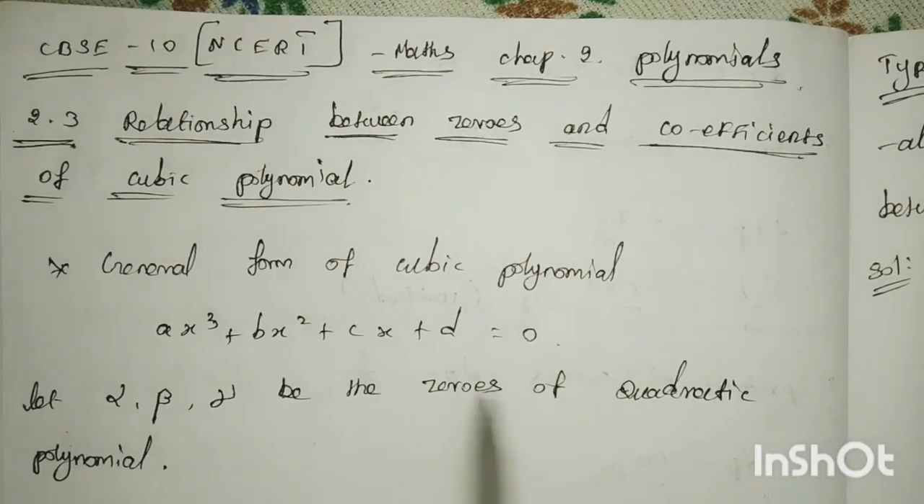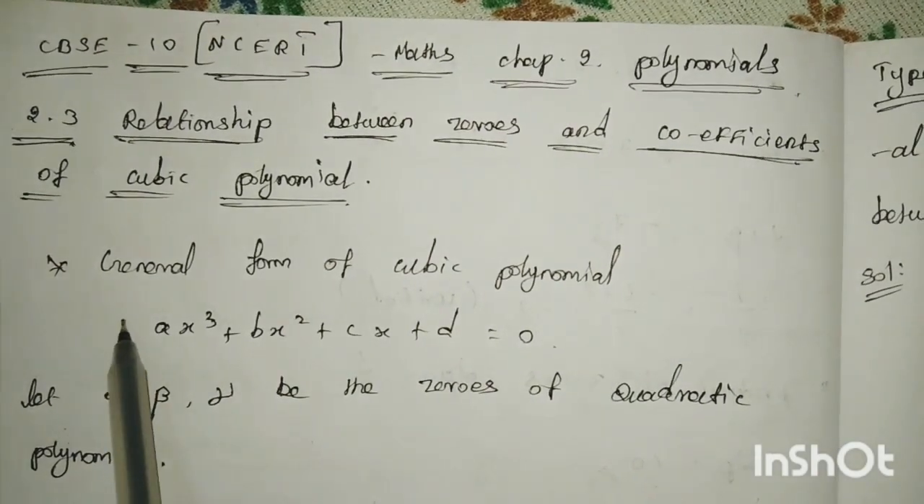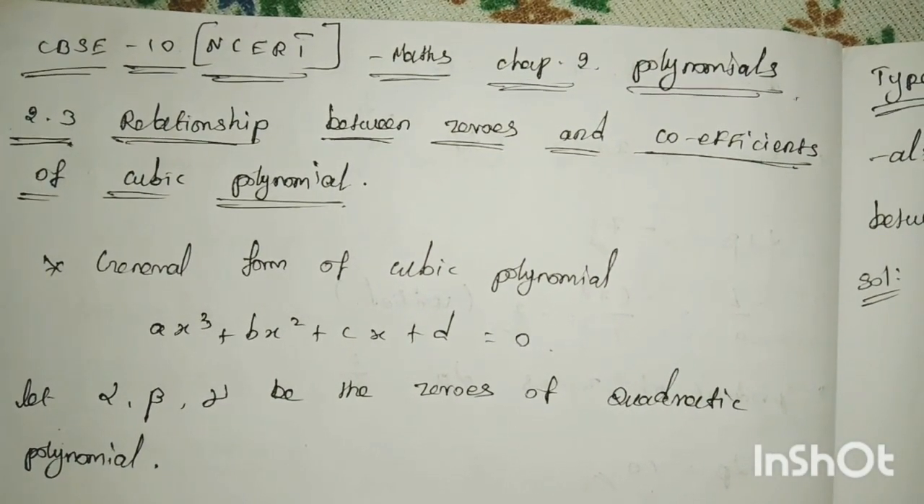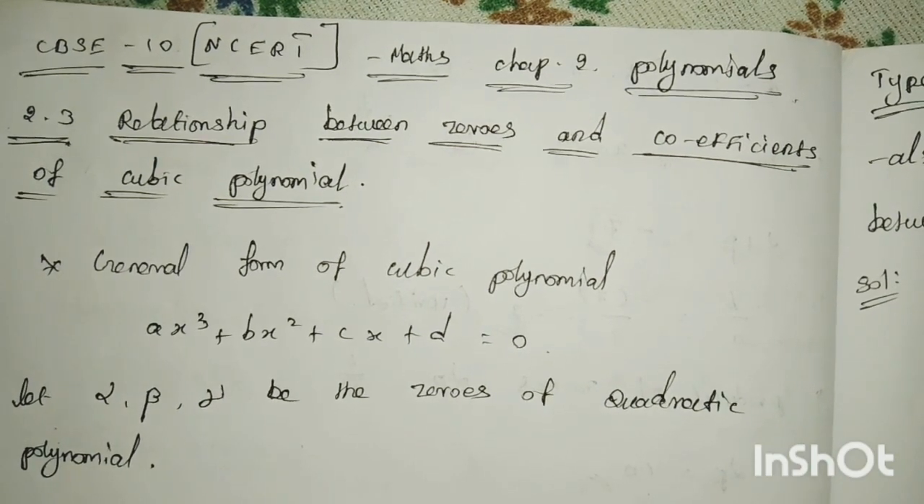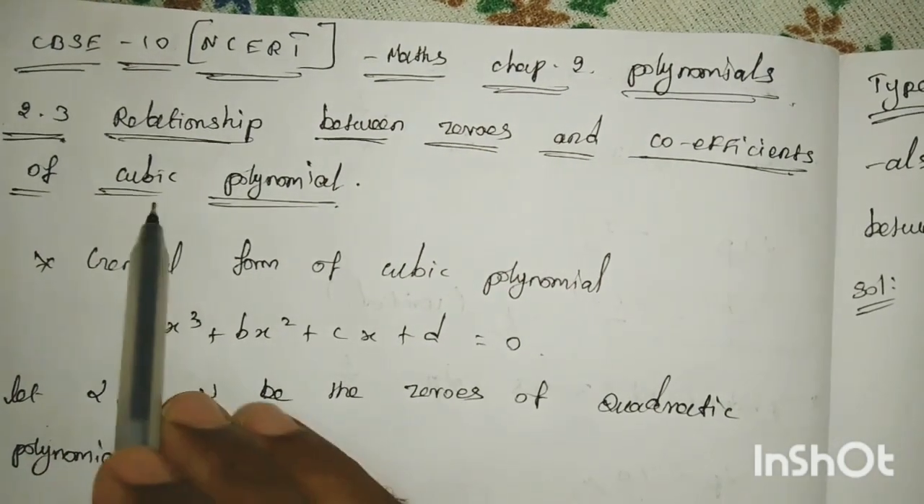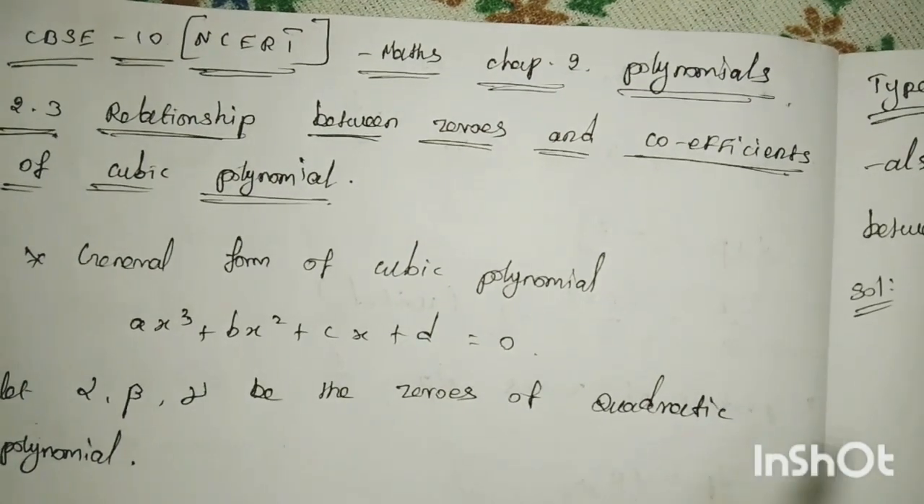In this video, let me explain the topic: the relationship between zeros and coefficients of a cubic polynomial. I hope you're all clear with quadratic polynomials. In my last video I taught the relationship between the coefficients and zeros of a quadratic polynomial. Here it is a cubic polynomial, right? So before we enter the problem, we should know what the relation is between zeros and coefficients of a